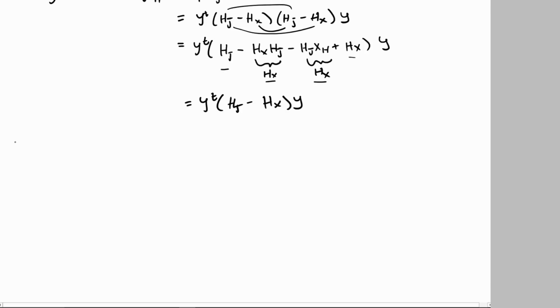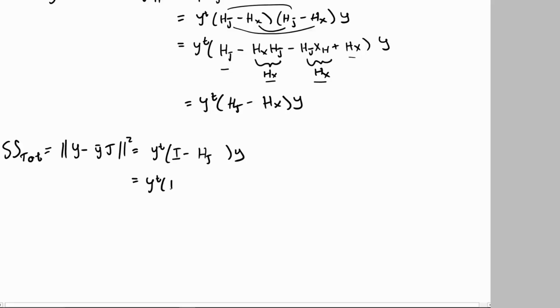I'll get to my point. Let me take my sum of the squares for total, which is the norm of y minus y bar times j squared, which we wrote out before as y transpose times I minus hj times y, with h of j times y on the outside of the parentheses. So let me add and subtract, and then add, I guess. And then let me organize it this way. Hopefully you'll see what I'm doing here. H of x plus h of x minus h of j